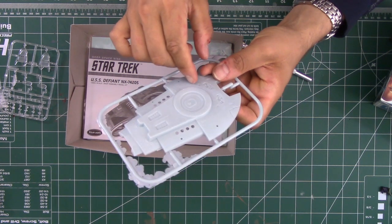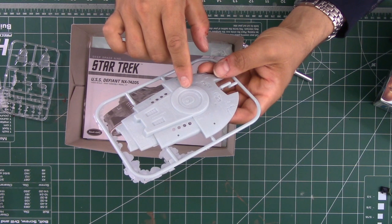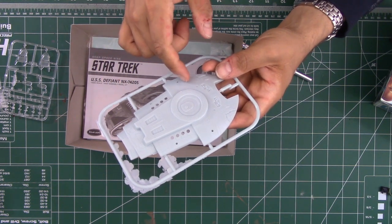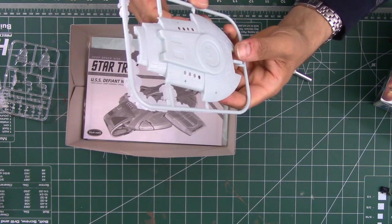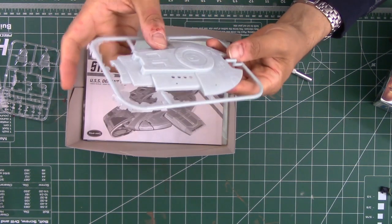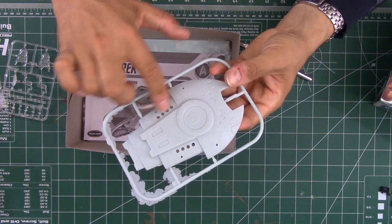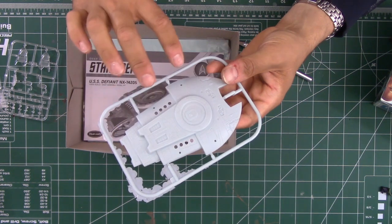They're kind of thick, but not too bad. They're actually better than I was expecting based on the box art. From the box art, I was expecting they were going to be very rounded and very soft. But these actually look like they're quite solid, quite squared off and fine. So that's nice. And this is where those four clear insert parts would go, and then the nacelles